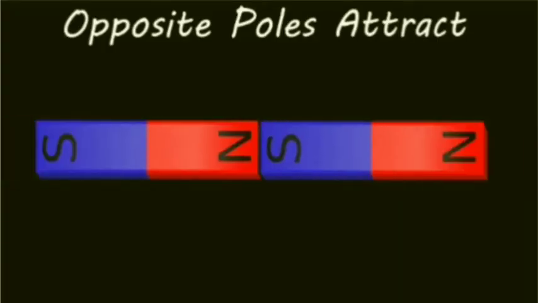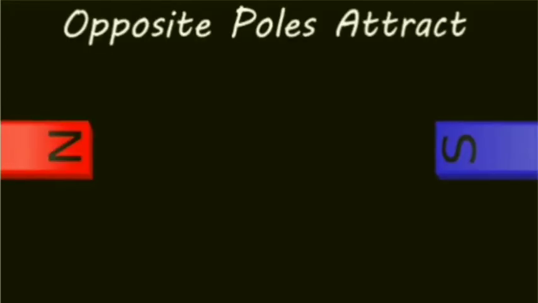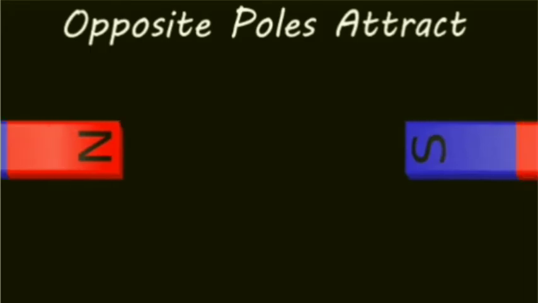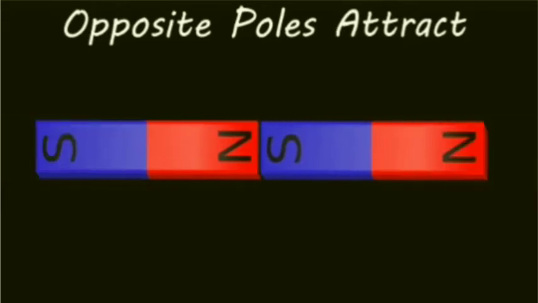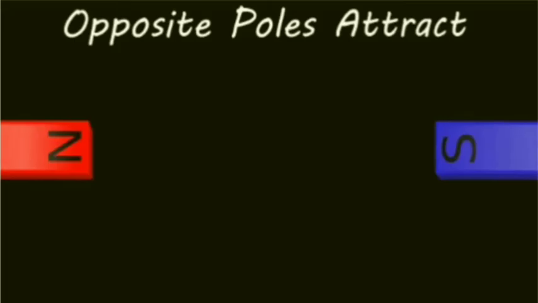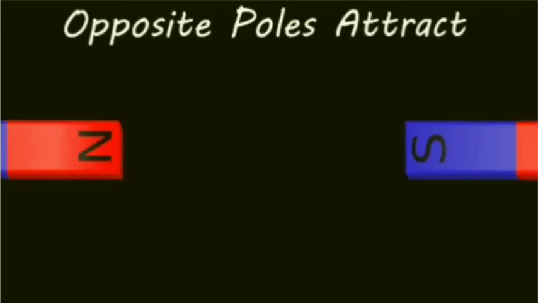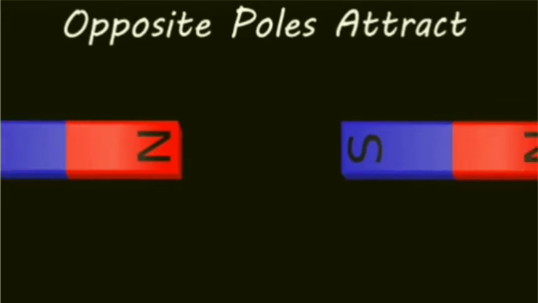Children, today we will discuss attraction and repulsion between magnets. Let us understand what attraction is and what repulsion is. Now, if you bring two magnets near each other, and the unlike poles, unlike meaning different poles, may be the south pole of one and the north pole of another, face each other, they tend to attract. As you can see here, they tend to attract each other. So they tend to come near each other.